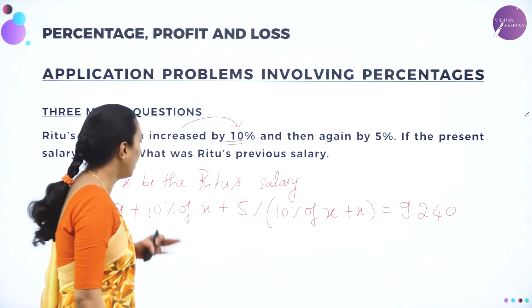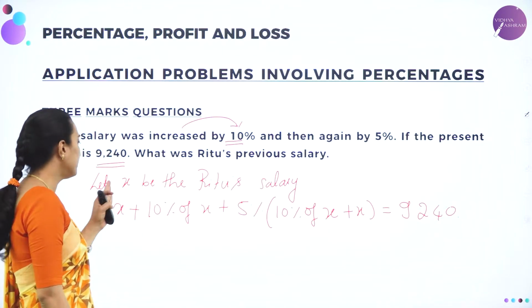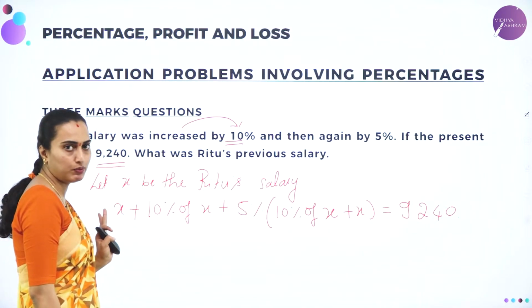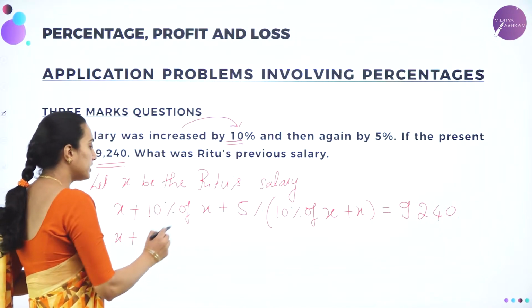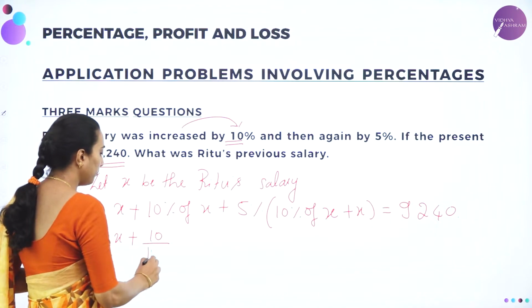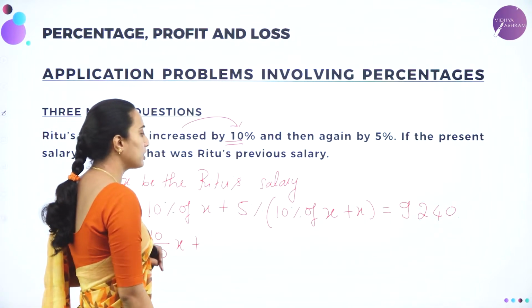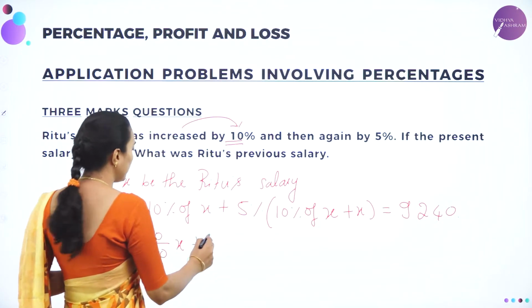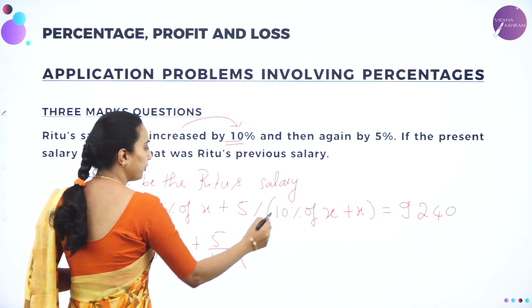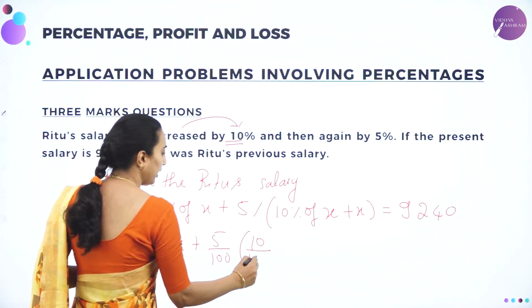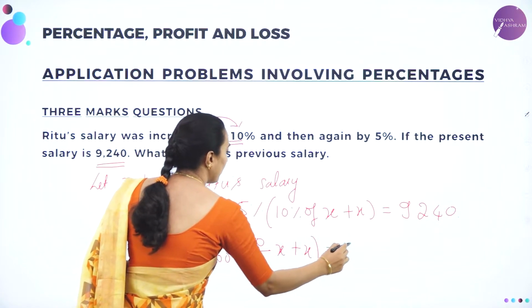9,240. Now let me calculate this one. I hope you understood this. Okay. That means the original income was X, let X be Ritu's salary. So X plus 10% of X means 10 divided by 100 into X, plus 5% of 10% of X means 5 divided by 100 into 10 divided by 100 into X, plus X is equal to